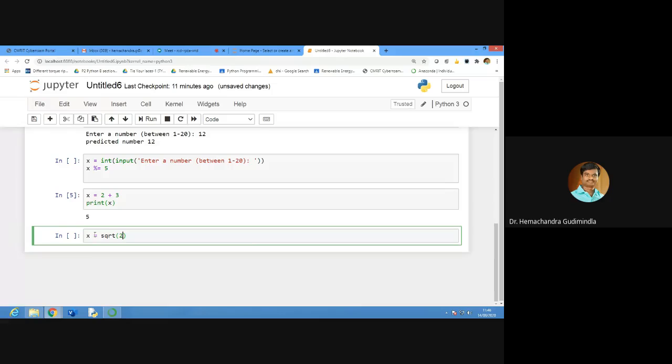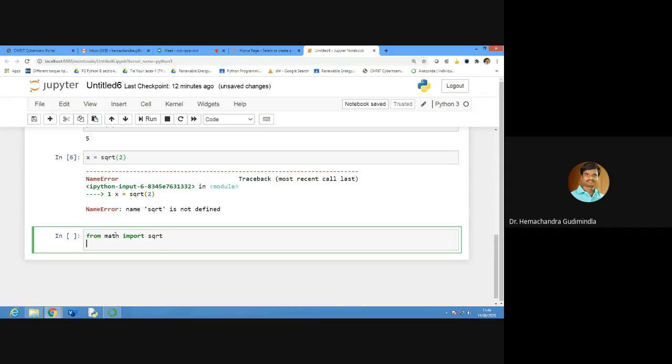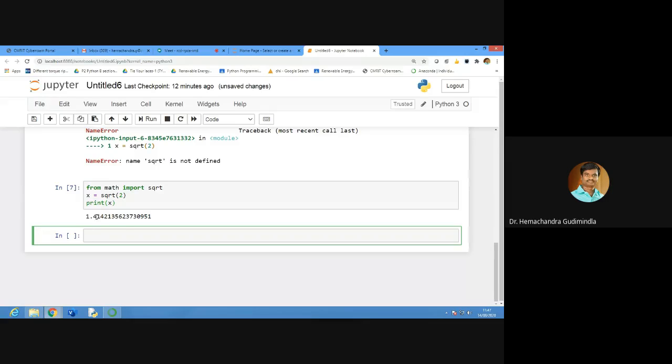SQRT of 2, what will it give? It will give an error. For that, what do we have to do? From math import SQRT, then x is equals to SQRT of 2, then print x. Now if I run this, it will work.